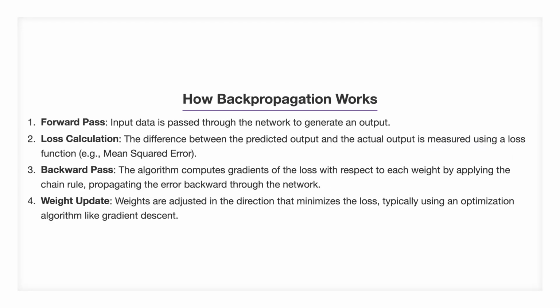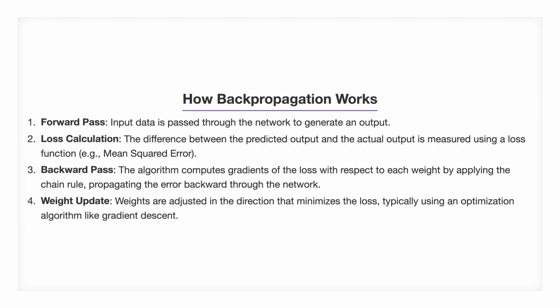How backpropagation works. Forward pass. Input data is passed through the network to generate an output. Loss calculation. The difference between the predicted output and the actual output is measured using a loss function, e.g., mean